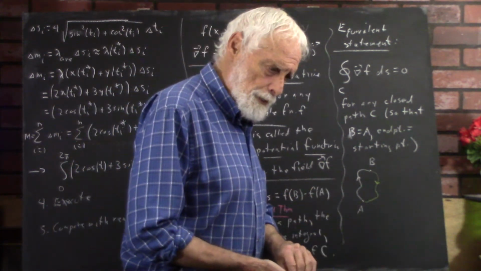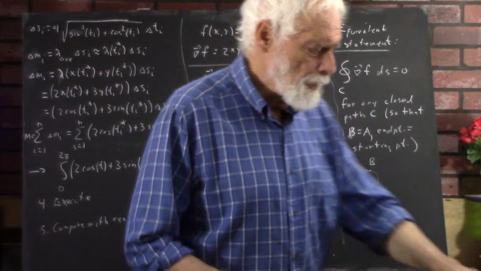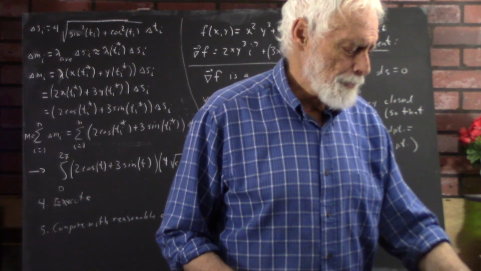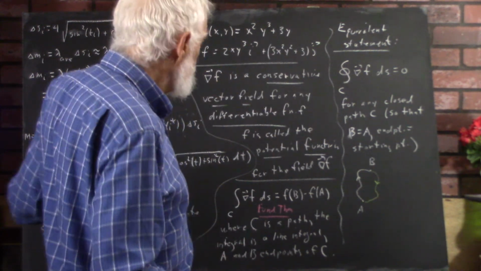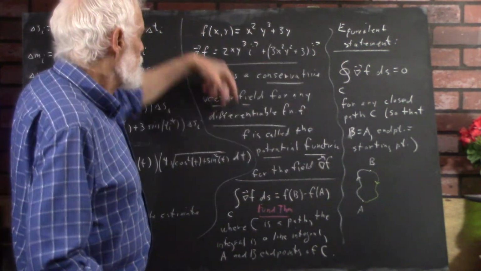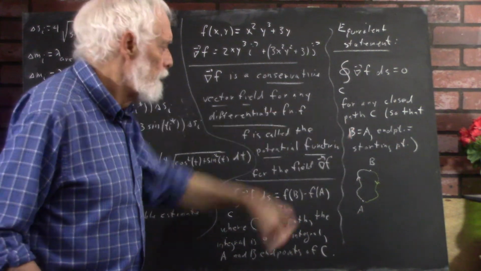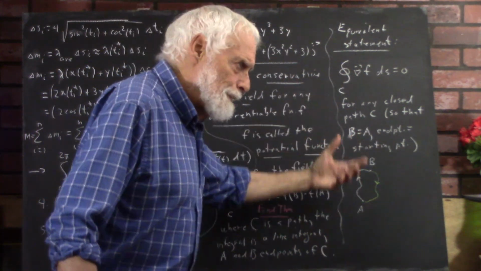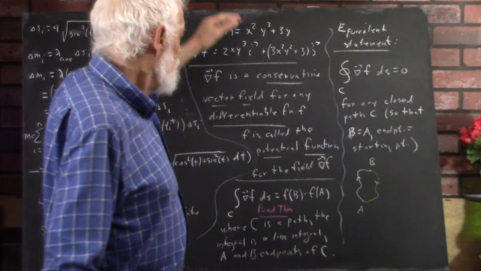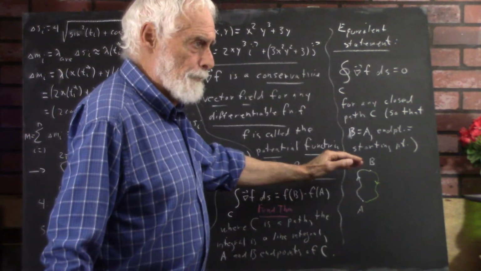Okay, you can work it out. I don't want to use the time to discuss that, because once you see it, it's pretty obvious, and I think you'll see it pretty quickly. Okay, so that's a survey of conservative fields. Now, there's proofs and examples and more things, but these are the important things to understand.